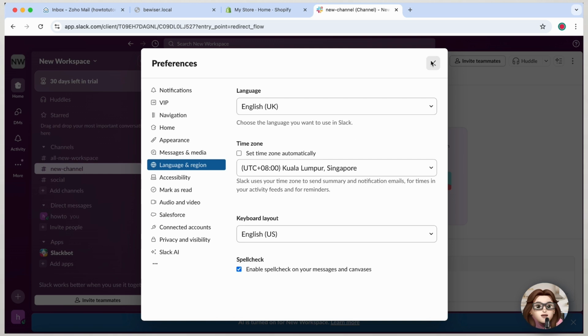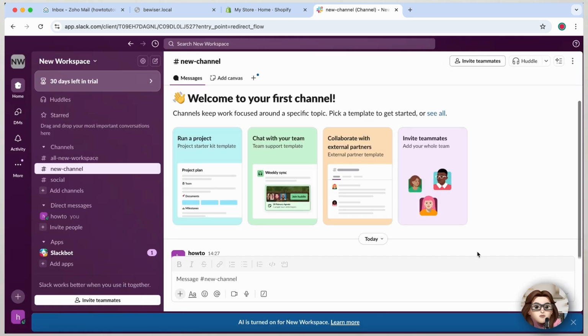And that's it. Your Slack time zone is now updated, keeping all your communications and schedules aligned